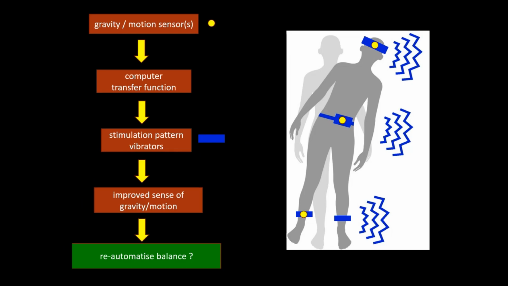Okay, so the principle is that you have motion sensors and gravity sensors that via a computer microprocessor translate that motion into stimulation patterns around the body, wherever, and gives you an improved sense of gravity accessibility because you lost that functionality from the balance. And the idea is to re-automatize balance, not to be aware all the time what is going on, because that drives you crazy. You have to feel all the time how you are moving. No, normally we move without thinking about it. Many people even don't know they have balance.